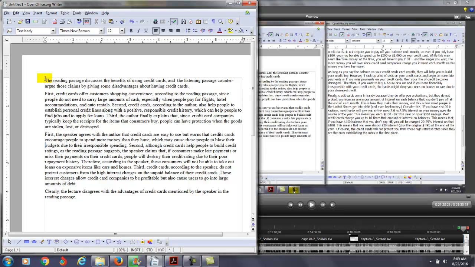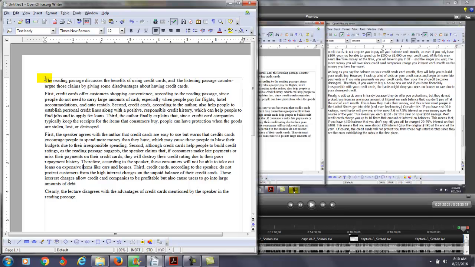Second, although credit cards help people to build credit ratings, as the reading passage suggests, the speaker claims that if consumers make late payments or miss their payments on their credit cards, instead of people, we can probably just say they there, because we already said consumers. They will destroy their credit rating due to their poor repayment history. Therefore, according to the speaker, these consumers will not be able to take out loans on expensive items like cars